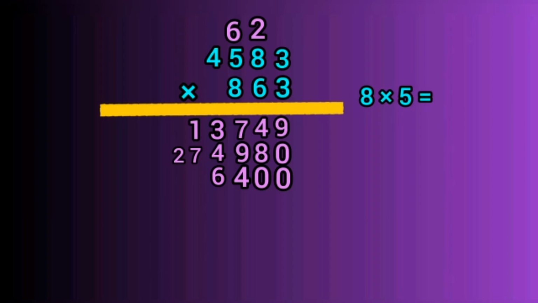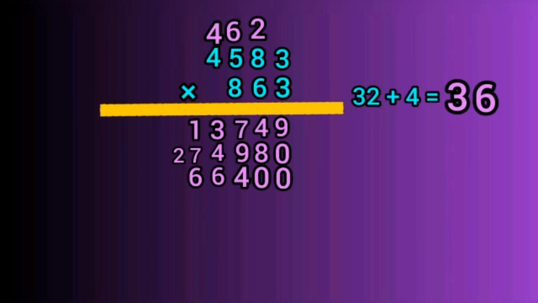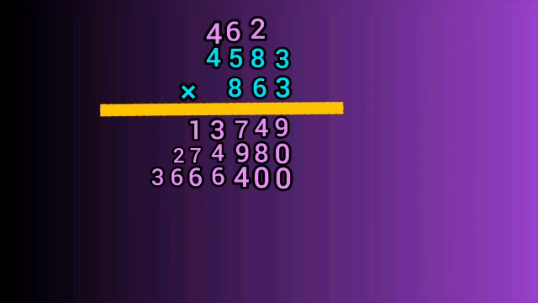8 into 5 is equal to 40. 40 plus 6 is equal to 46. Keep 6 in the answer and 4 on the top of 4. 8 into 4 is equal to 32. 32 plus 4 is equal to 36. And keep it as exact. You know the reason why. Excellent! We finished the third group as well, which is 3,666,400. And since there is no other left side number near 8, it is now time to add all the